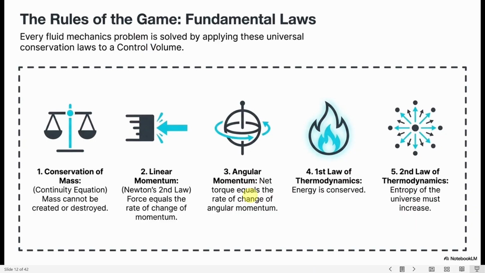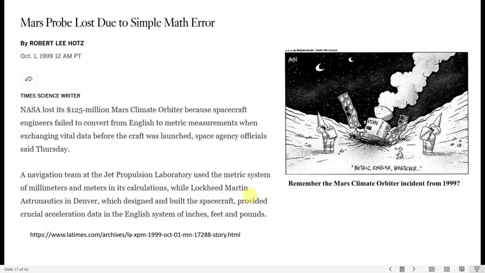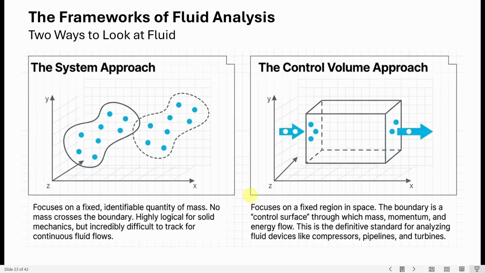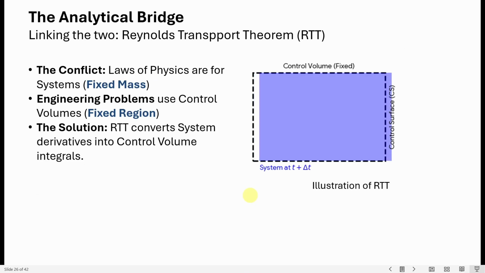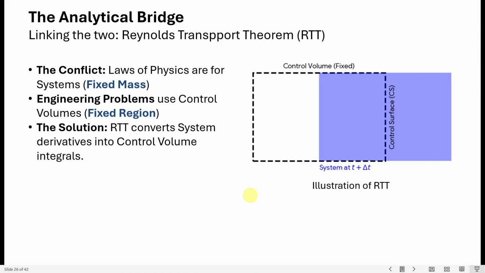Okay, when we apply these five laws to a system, to a problem, usually the mathematical expressions of these laws are applied to the closed system. So F equals ma is actually applied to this system. Newton's second law is applied to this system. The energy equation is applied to this system. So you actually need to bridge between these two. So how can you